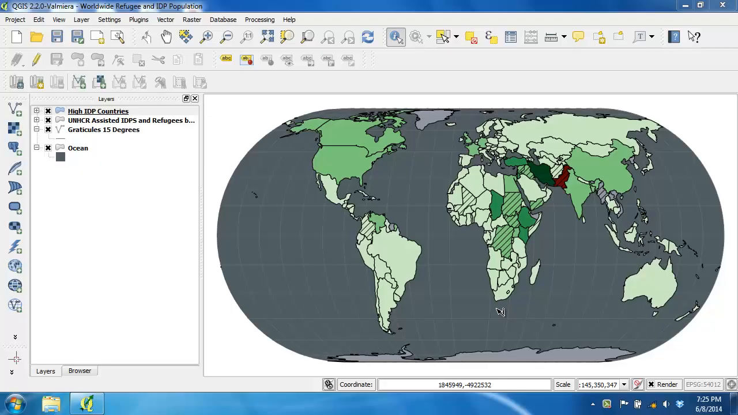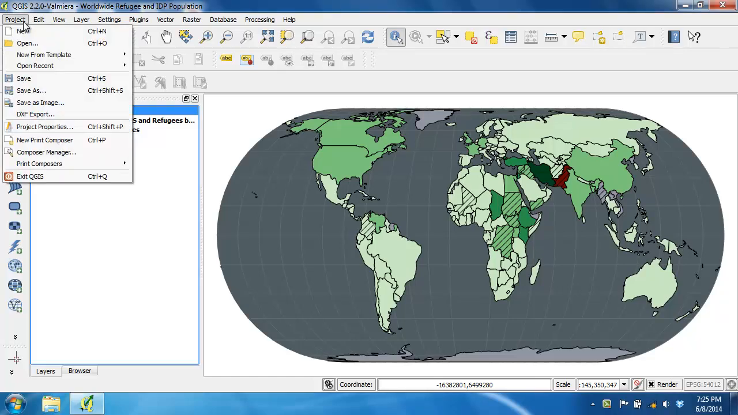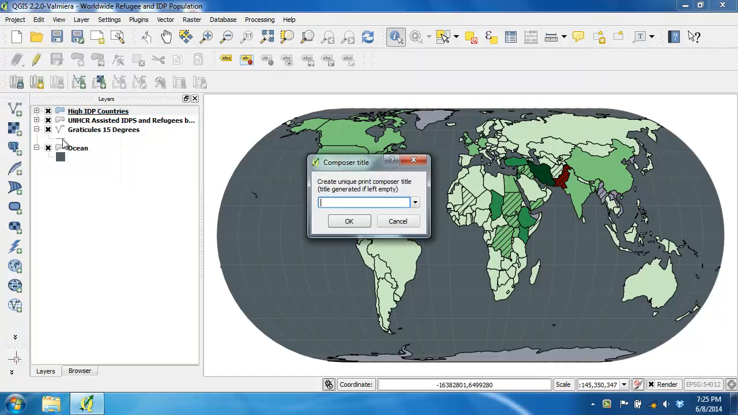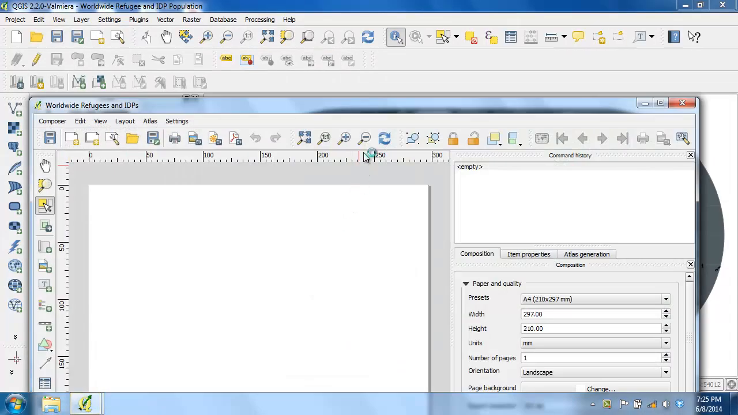With the map design complete, let's create a legend, then export the map into Inkscape. So I'm going to click Project, New Print Composer, and I'm going to name this print composer Worldwide Refugees and IDPs. I'm going to click OK, and that's going to create my new print composer, which I'm